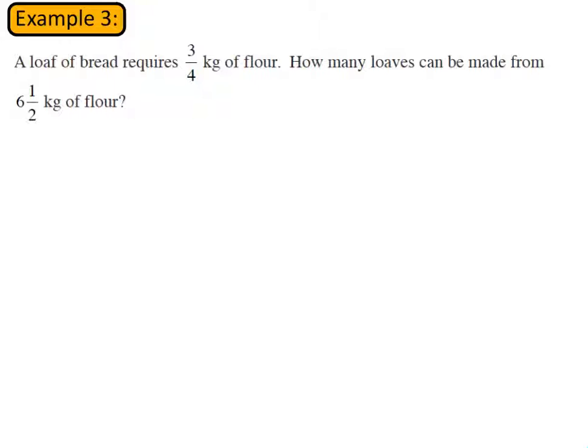So, of course, we're thinking 6.5 divided by 3/4. How many 3/4 are going to go into 6.5? So it's going to be a division. 6.5 divided by 3/4. So again, use the mixed number button on your calculator to work this out. And as I input these, we should be able to get the correct answer. Press equals, and we get